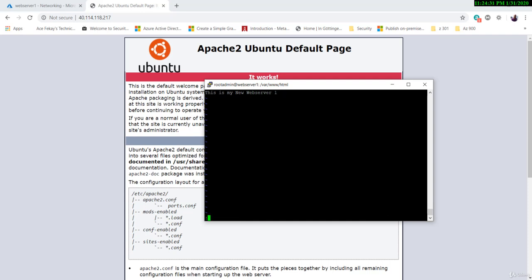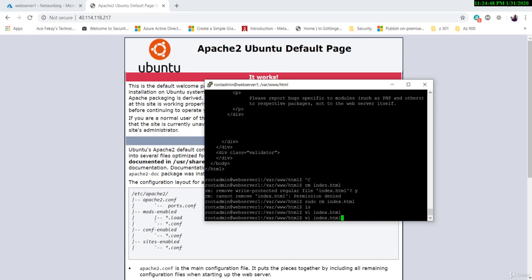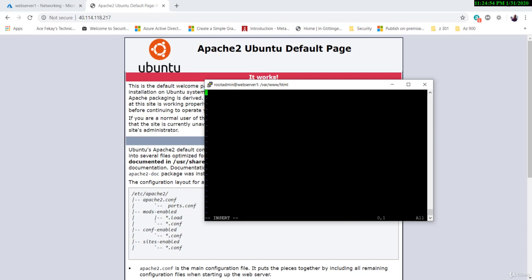I will close this file by saying write and quit and hit enter. It says cannot open the file for writing, and that is because again this is in read-only mode. I should have done sudo vi index.html. Okay, so I'll quit this particular file and then type sudo vi index.html, hit enter,